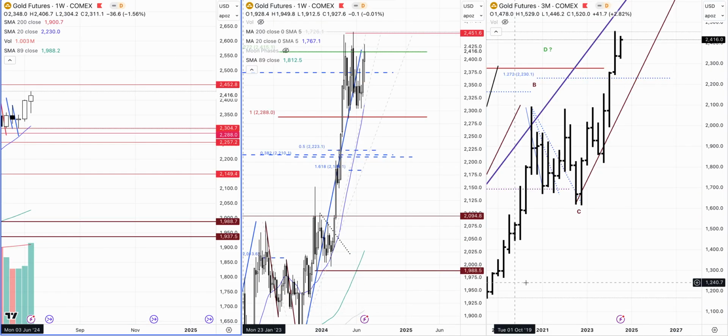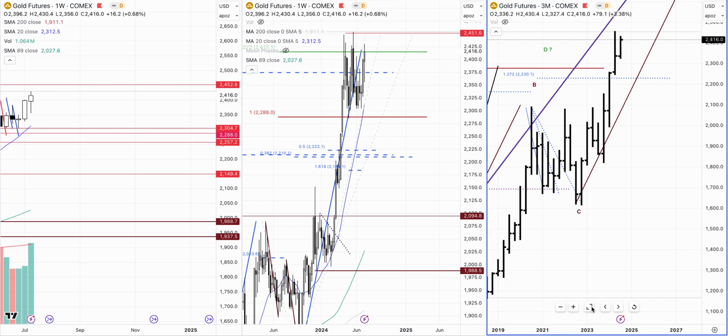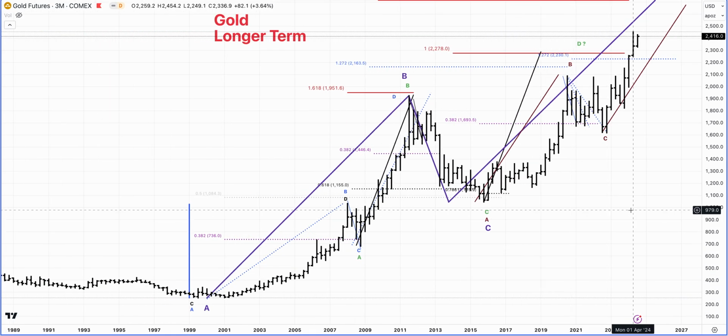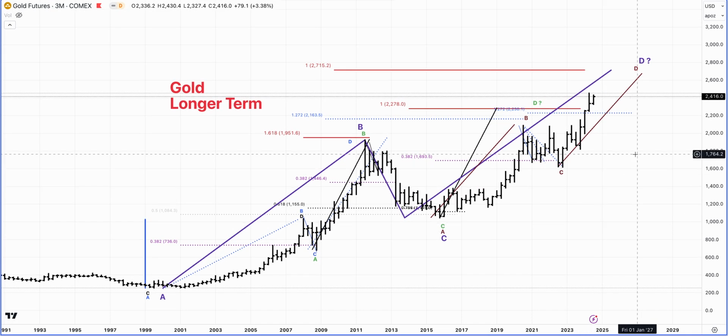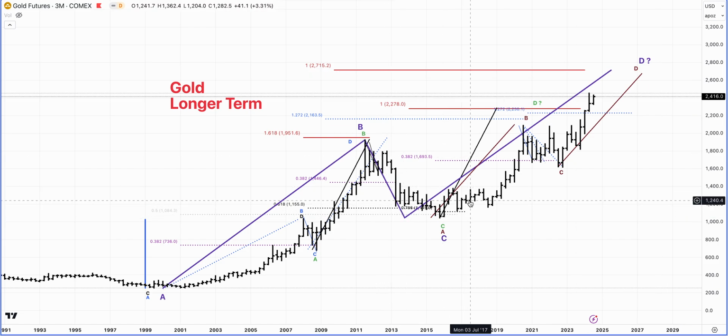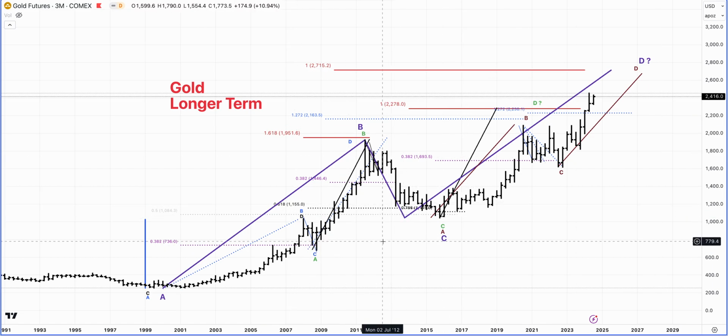So if we take a look at this chart quarterly, we have projections going up to about 2700. So that's where I think the gold market is eventually going to go, maybe even surpass the $3,000 level as well. But 2700 is the big target that we are watching for because of the different projections that we get.